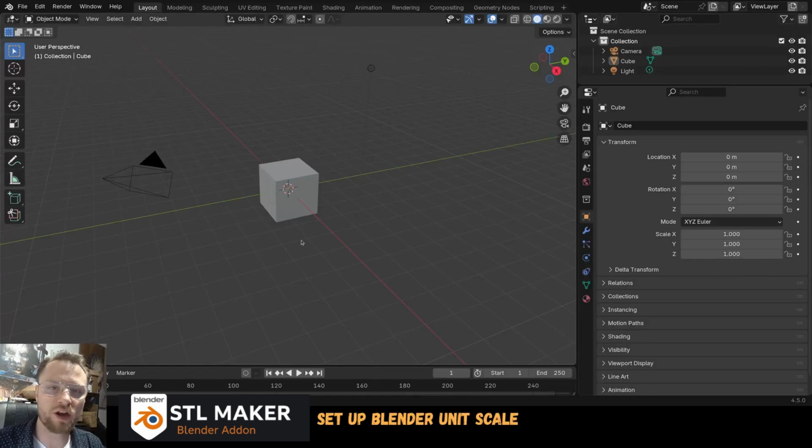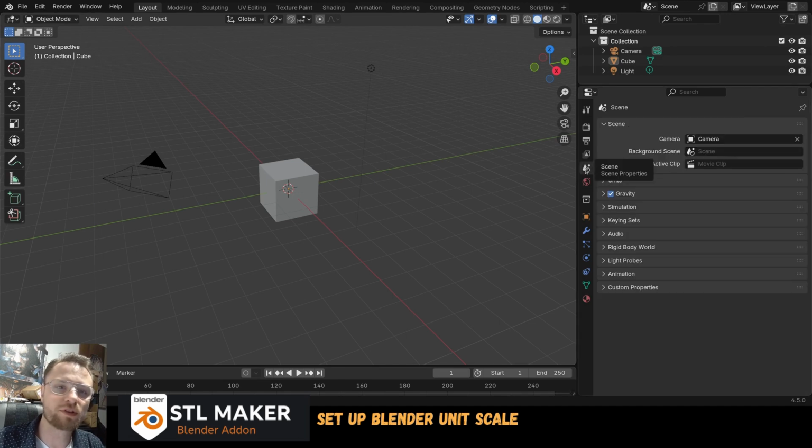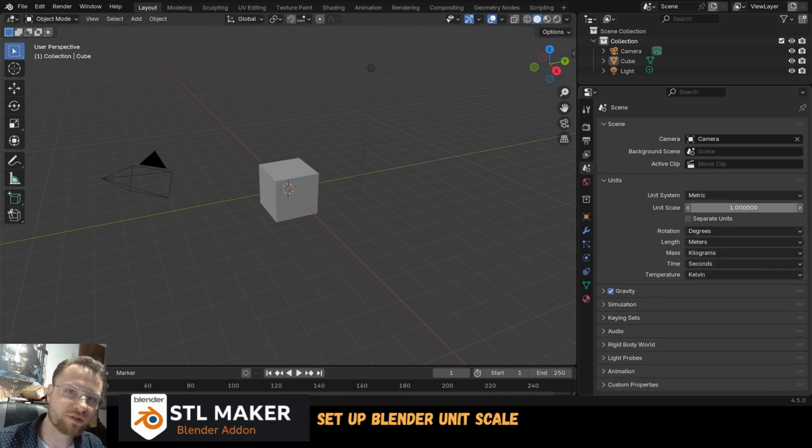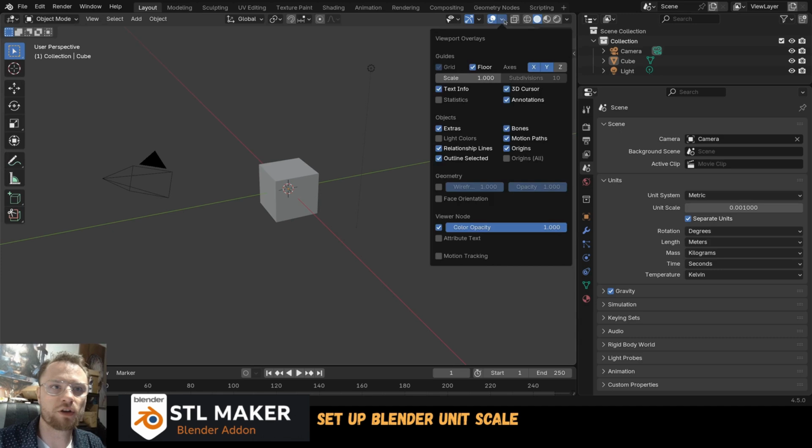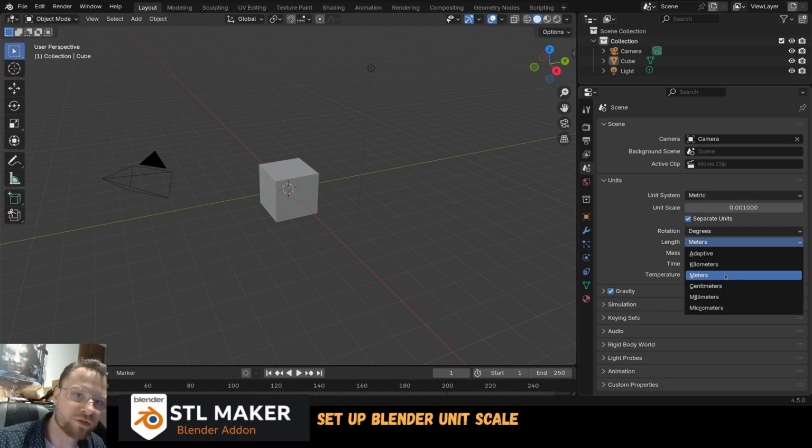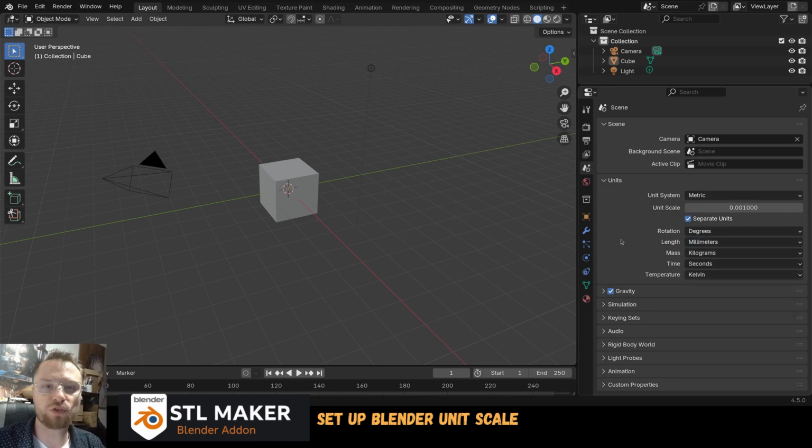First of all, you need to change Blender unit scale. So let's go to the properties, the scene properties, units, and go with 0.001 and enter. Here you can also change the viewport unit from meters to millimeters, and this provides you a good setup for exporting STL for 3D printing like DLP